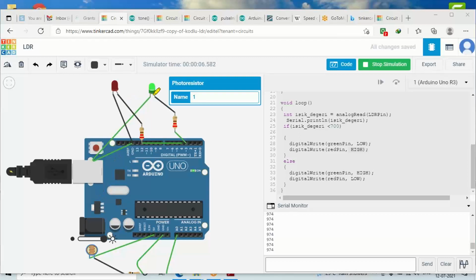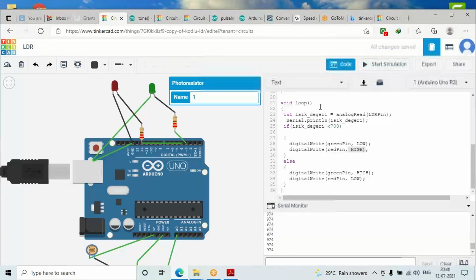You can connect more LEDs, or you can try some other innovative idea and execute your program. It's a very simple one. I hope you have understood. If anyone has any query, you can ask. If there is no query, then we can proceed forward. I hope it's clear to all of you.